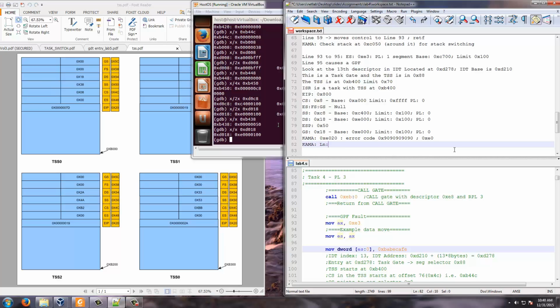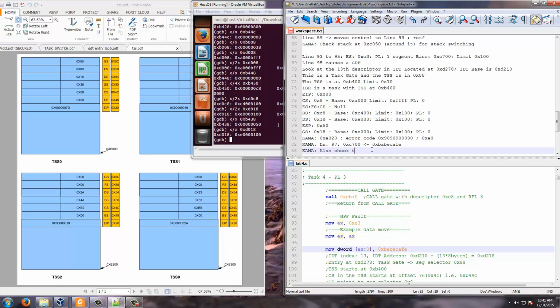What I do, in line number 97, I am moving ES:0. So what is ES actually? ES has E3 now. E3 is what? So E3 is a PL. Now it's a PL3 segment. So it's C1700. So in 0x C1700, I need